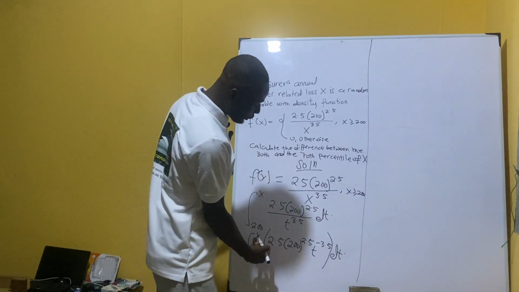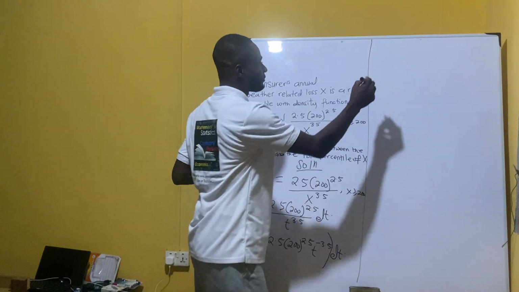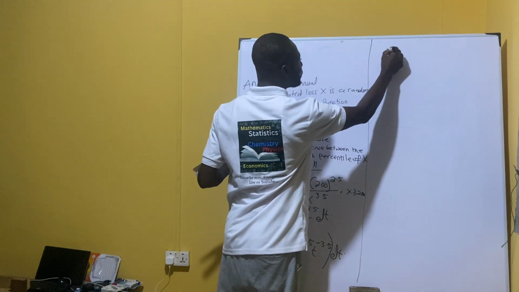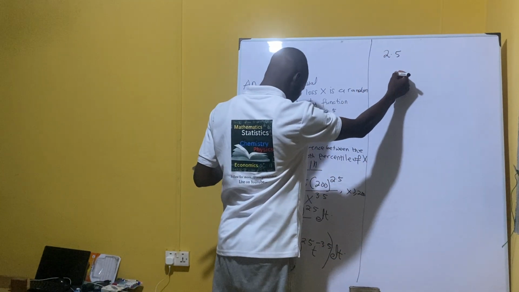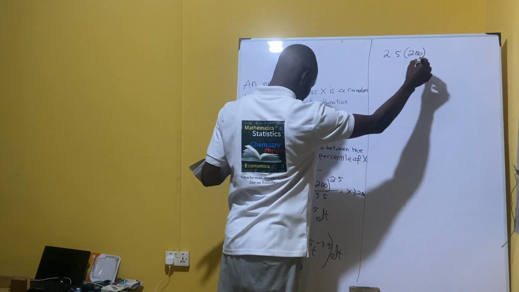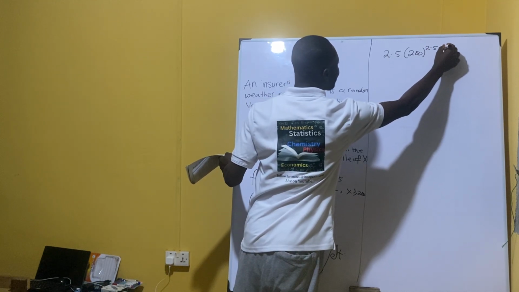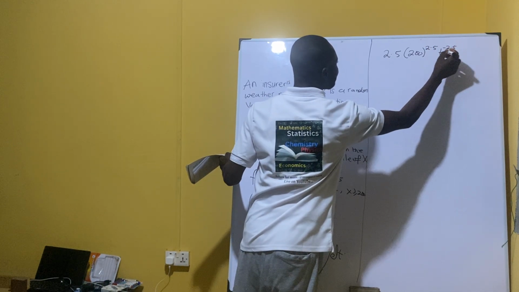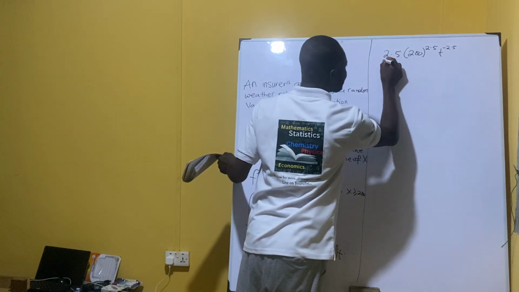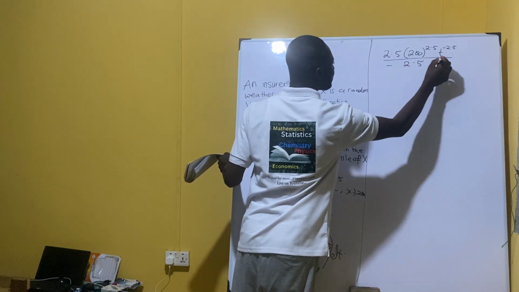When we integrate this, we are going to have 2.5 times 200 power 2.5 t power negative 2.5, all over negative 2.5